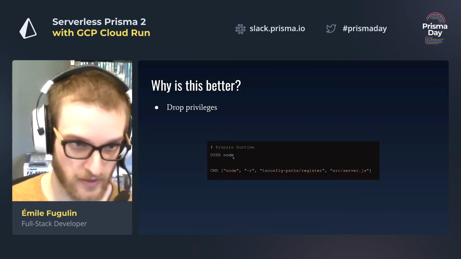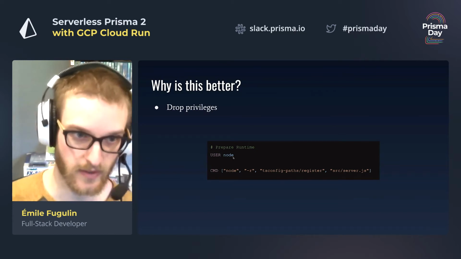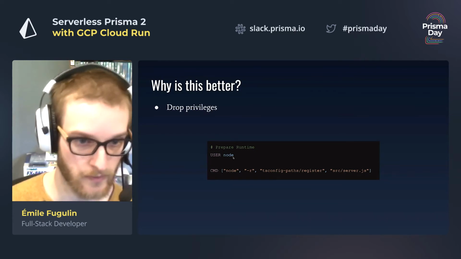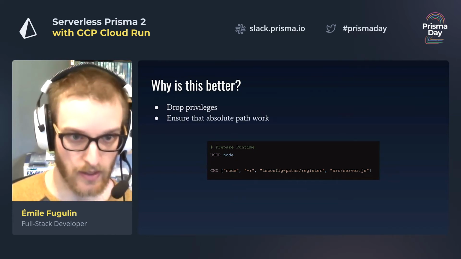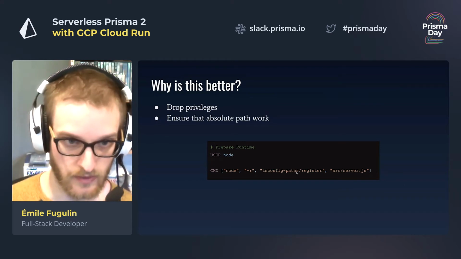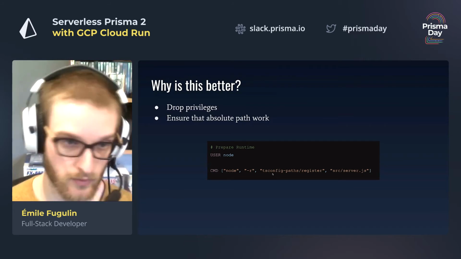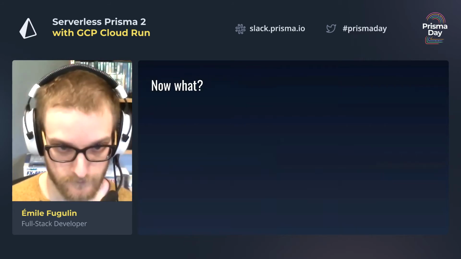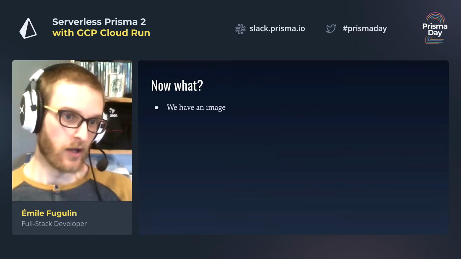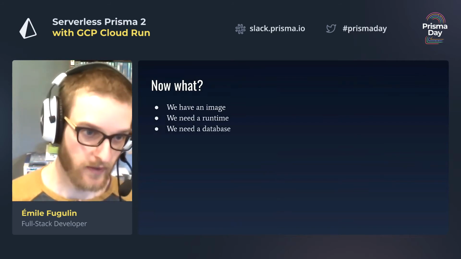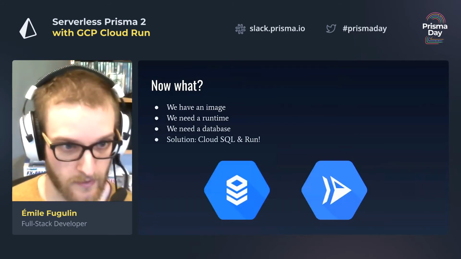If you have some kind of vulnerability, basically the attacker will have root if they drop out of your application. And also you can ensure that if... great way to go about them. So now what? We have an image, we need a runtime, we need a database, and my solution for you